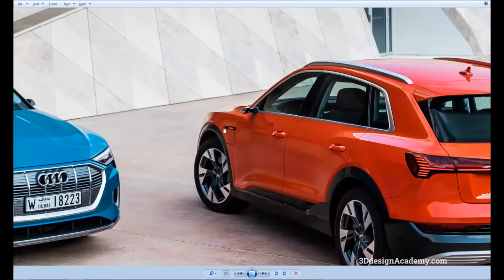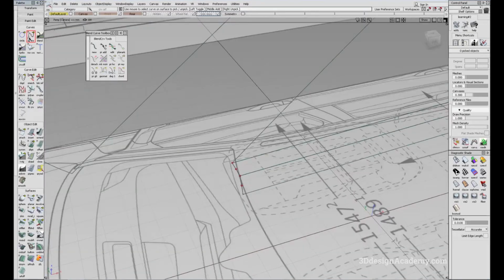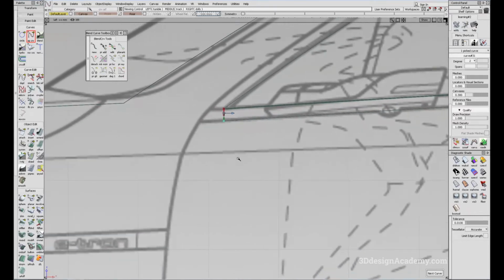If you see this E-Tron emblem or this black panel, this body line is also aligned with that piece. So I think I can use that as a reference. Okay, so what I'm going to do is I'm just going to establish a curve. I'm going to just click here and just pull it. Oh, actually, before we continue,